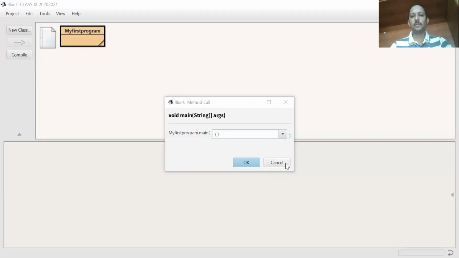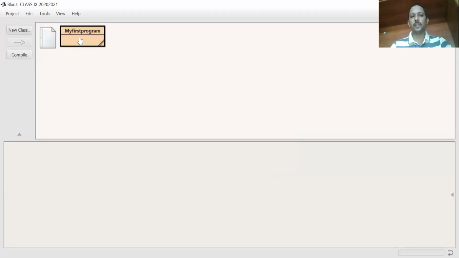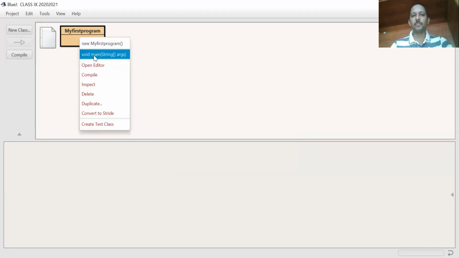Right click on the program. New, my first program, void main, open editor, compile, inspect. Click on void main. It is a standalone application.